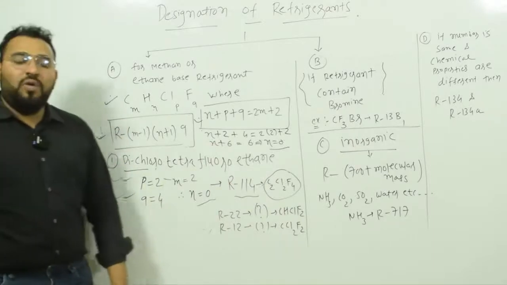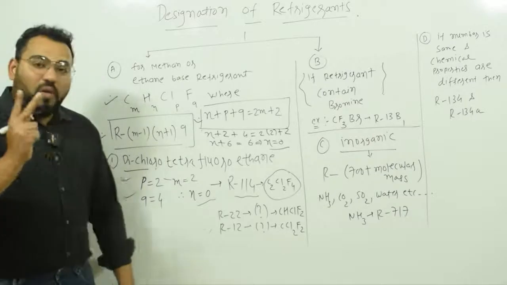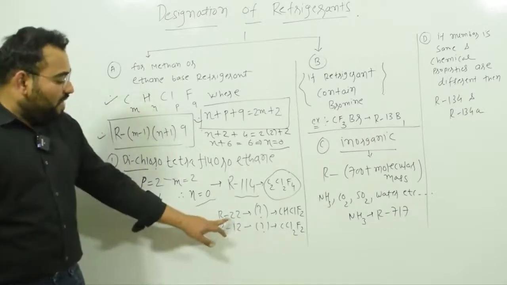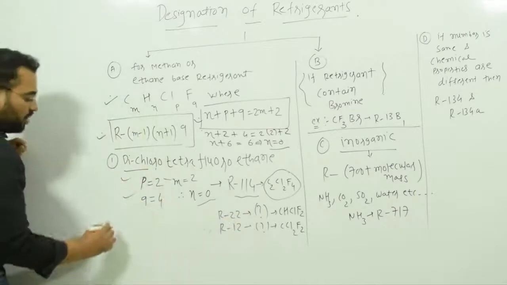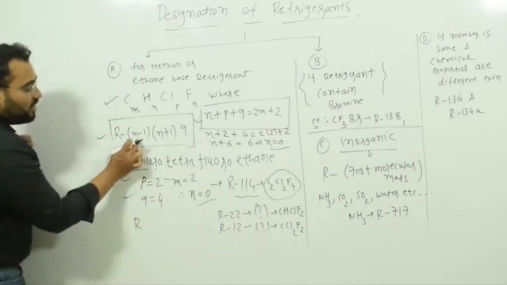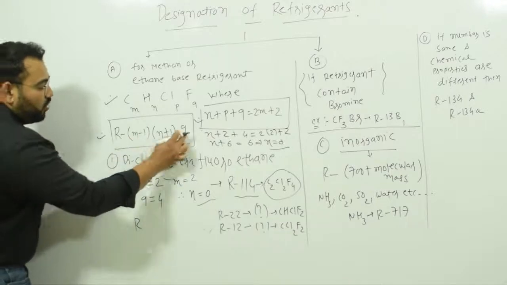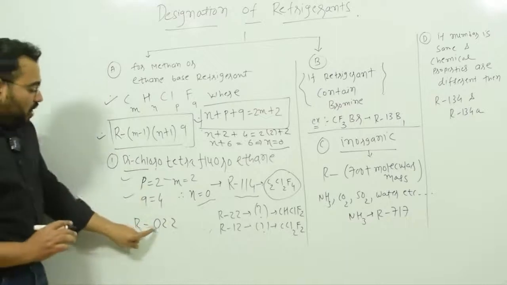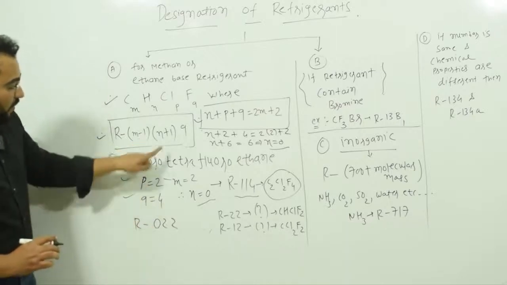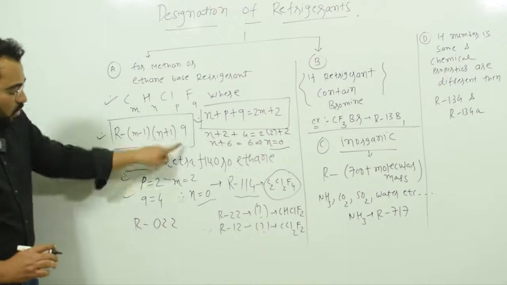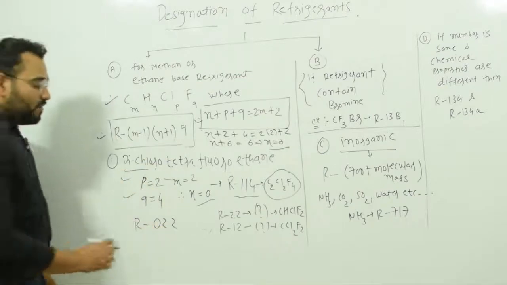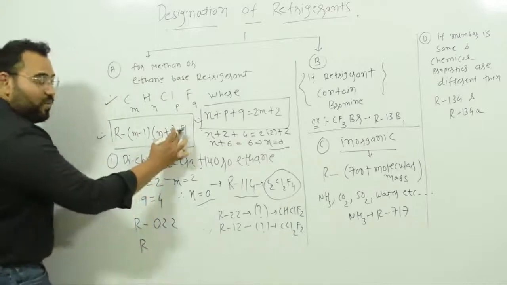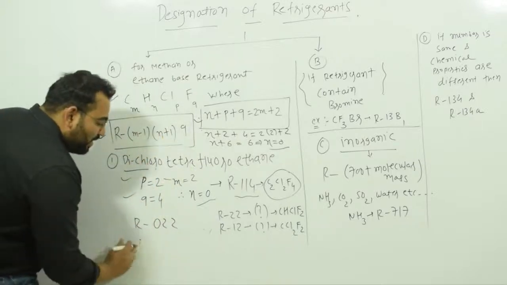Now I am going to give you two things for homework. There is one refrigerant which is R22. If they write R22, because we know that there are 3 numbers, 1, 2, 3, R22 means R022. No need to worry. That means M minus 1 equal to 0, N plus 1 equal to 2, Q equal to 2. If someone tells you R12, what does that mean? Because we know that we have 3 numbers, it will be something like this.